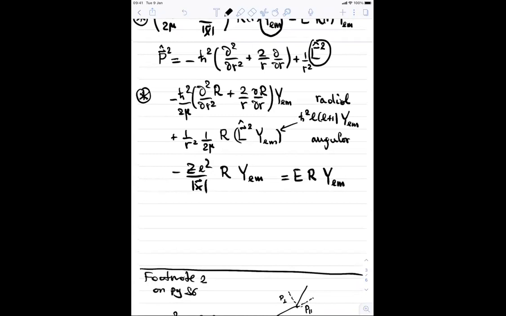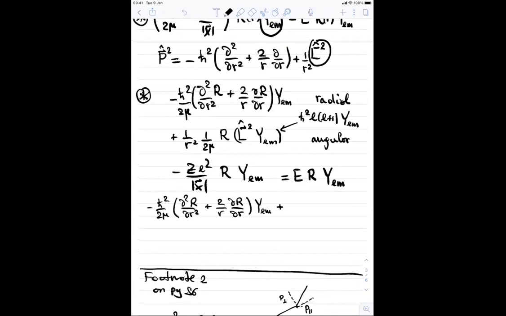I have minus h bar square over twice the mass, the second derivative of the radial function, plus 2 over r, the first derivative of the radial function, multiplied by Y lm,